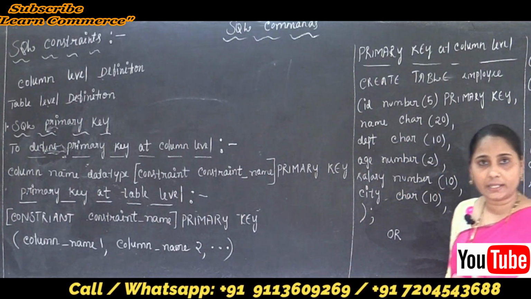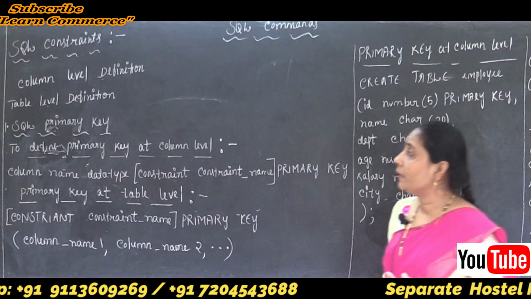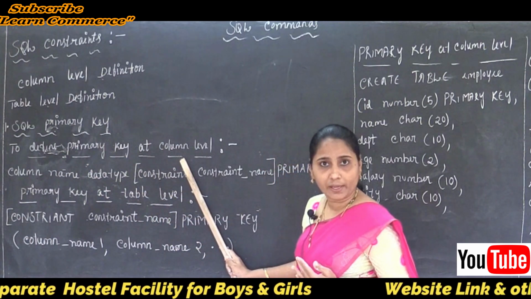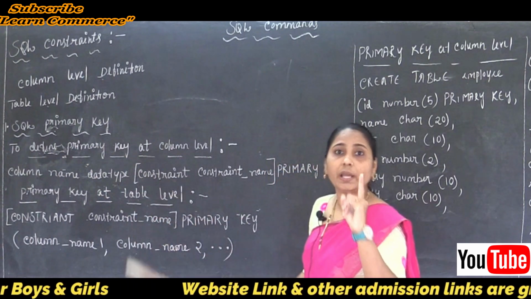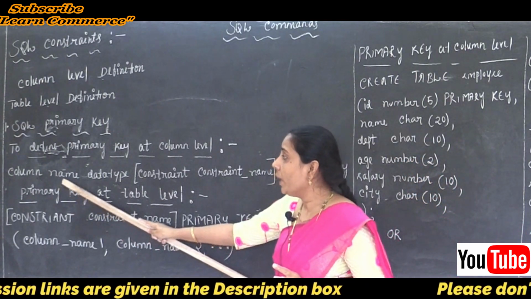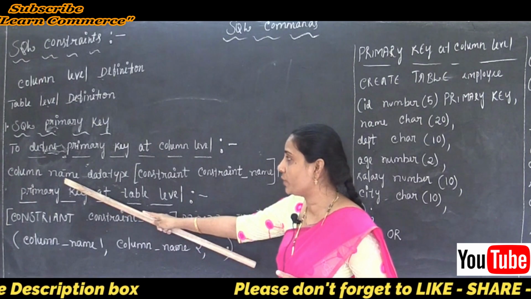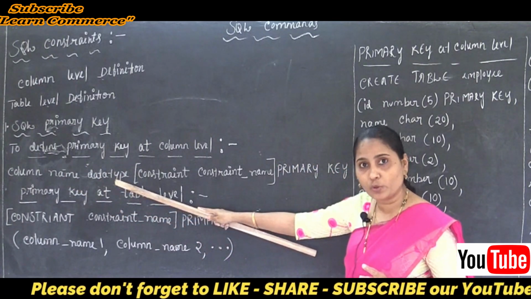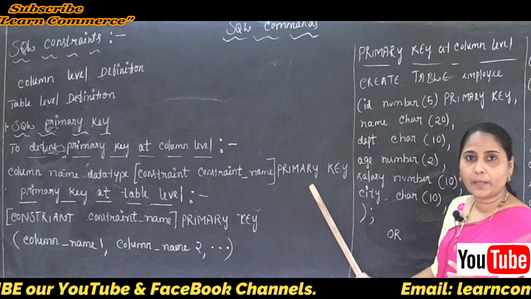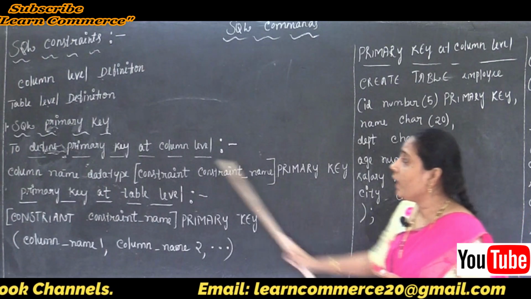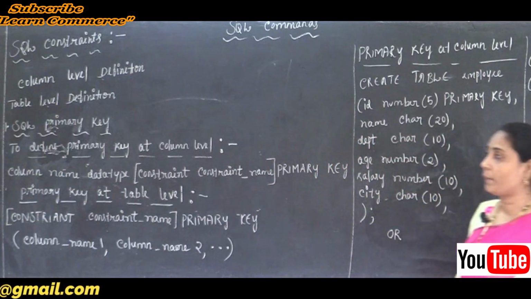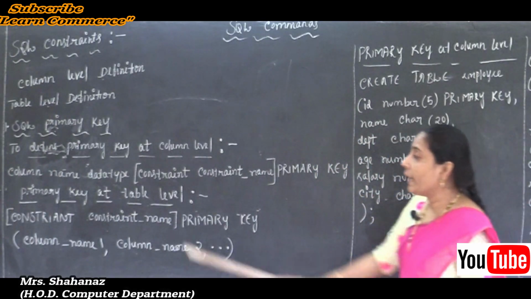Why do we use such a syntax? Because this syntax shows how to define the primary key at column level. Such a constraint applies only to one column of a table. So which column is it going to apply to? We need to write the name of the column, the data type used by the column, the constraint underscore name, and the primary key. Now after completing the primary key at column level, let's look at the next syntax, which is to define the primary key at table level.